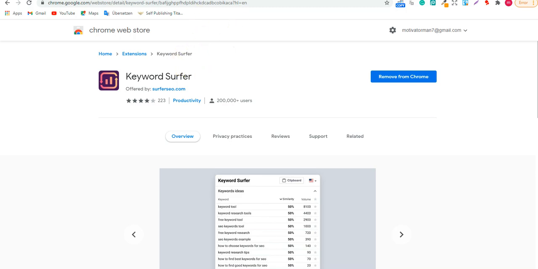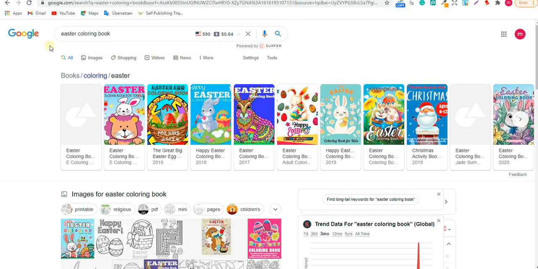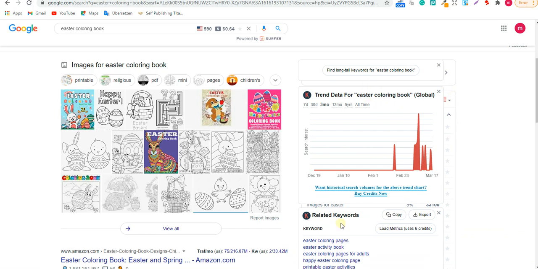So to find other keywords, what we're gonna do now is write Easter Coloring Book on Google and see what people are searching for on Google. Once they search that on Google, they can also search it on Amazon, so we know. So I wrote Easter Coloring Book, and once you have the Keyword Surfer extension, you will see a lot of stuff here in the right section. You will see when this keyword is trending, between February and March and maybe May,